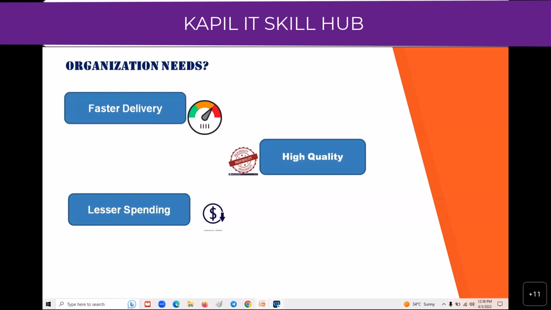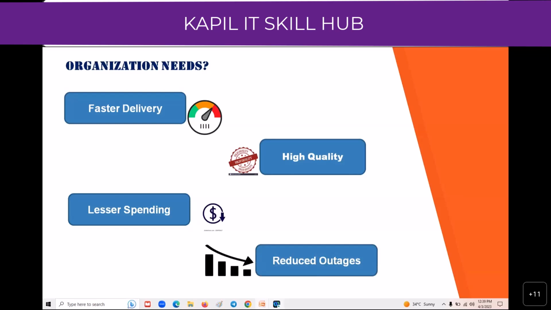That means the organizations which are spending more on people, or on a machine which is of no use, are not going to spend much on it. That is where lesser spending comes in: those people who do not have the skill set, or those who do not have a project, those who are on the bench, they are not going to be managing them. So they would like maximum optimization of the resources, optimization of the hardware resources and the human resources they will be spending on. So that is where lesser spending will be used.